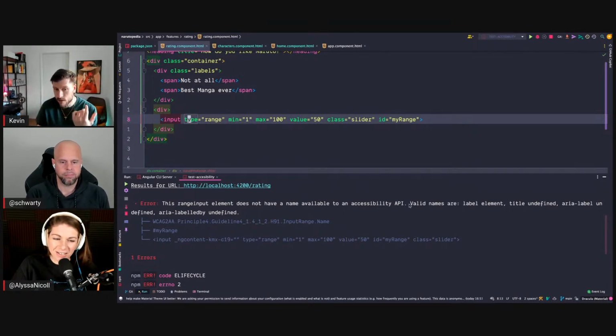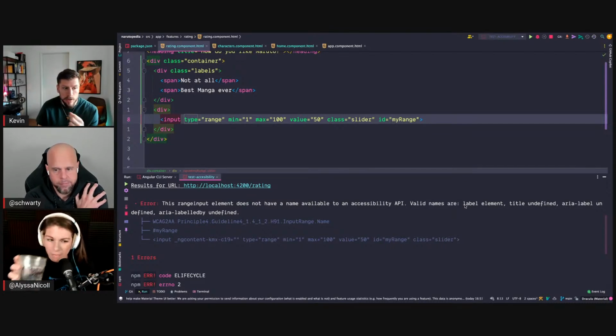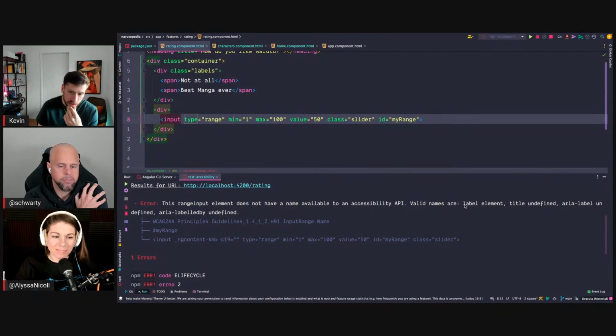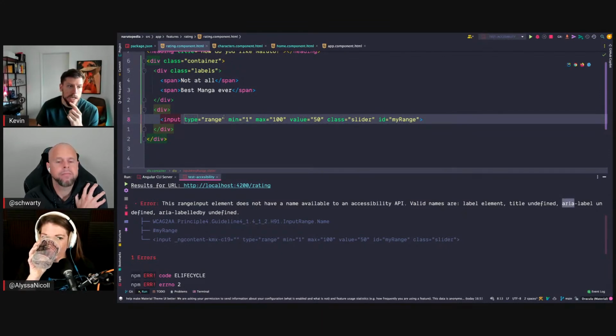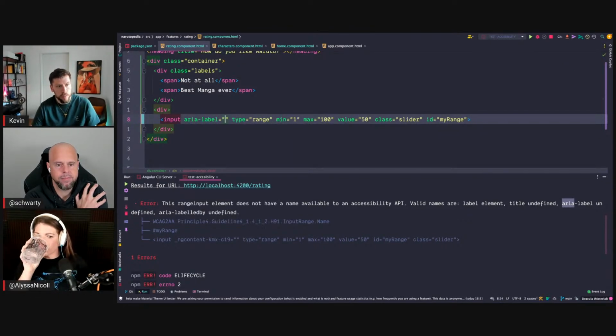So it says that we should label that correctly. And it even proposes that we can use a label element, title, aria-label, or aria-labelledby. And those ARIA labels stand for Accessible Rich Internet Applications. And we can use this label to provide an additional description for this range input.